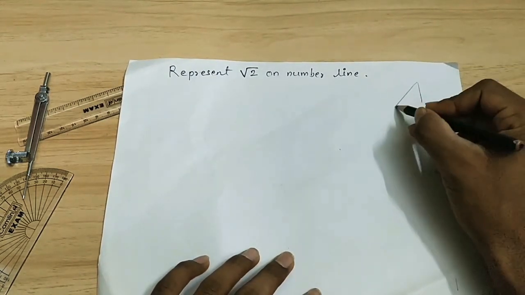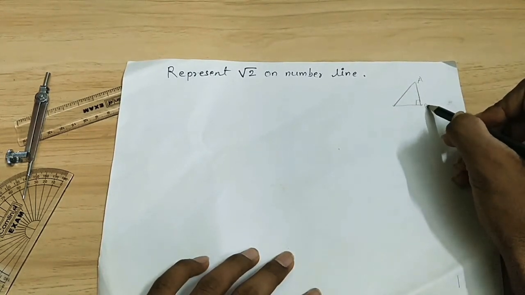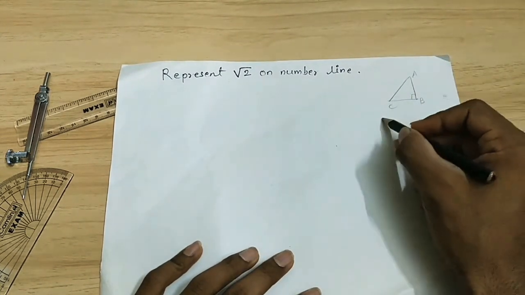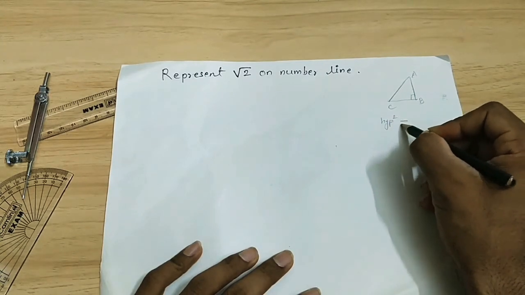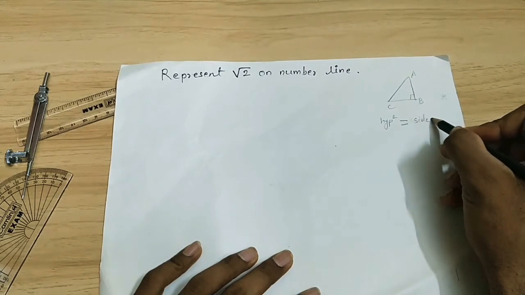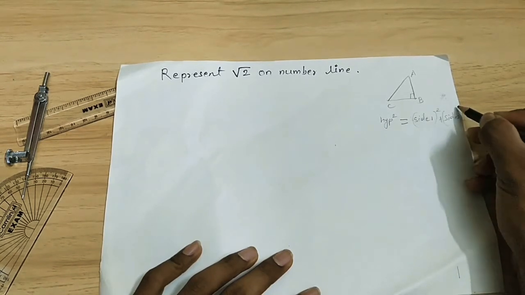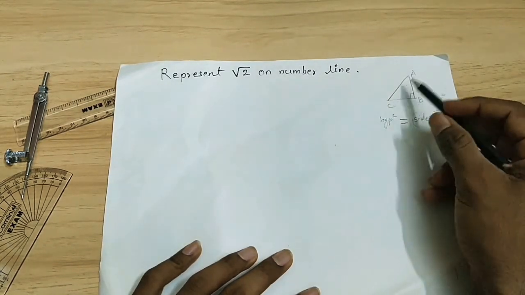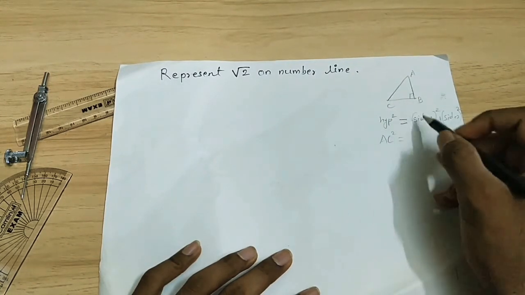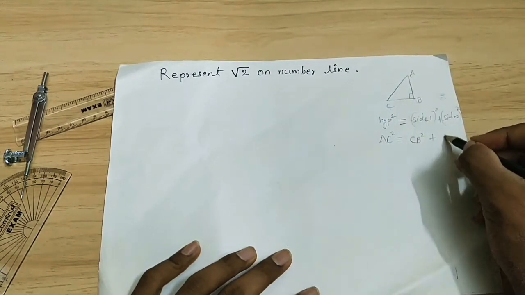in Pythagoras theorem we have a right angle triangle, say suppose A, B and C, and Pythagoras theorem states that hypotenuse square is equal to side 1 square plus side 2 square. So say suppose AC is our hypotenuse, so AC square will be equal to CB square plus BA